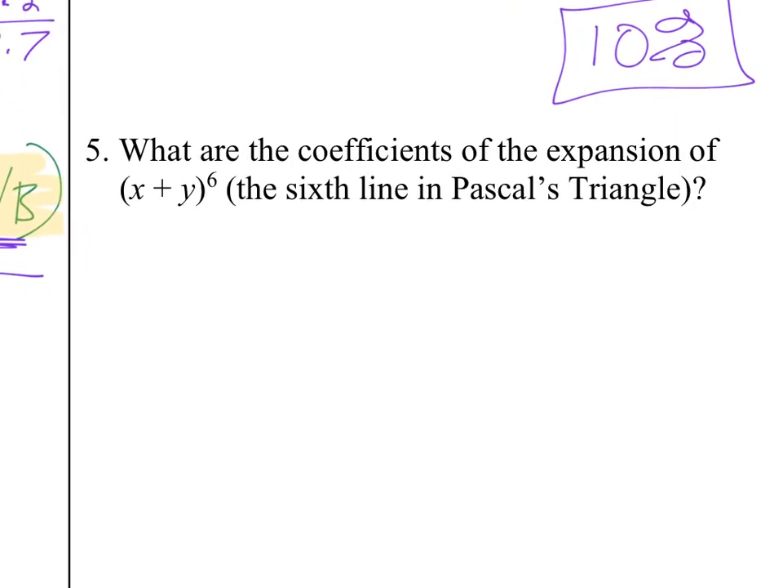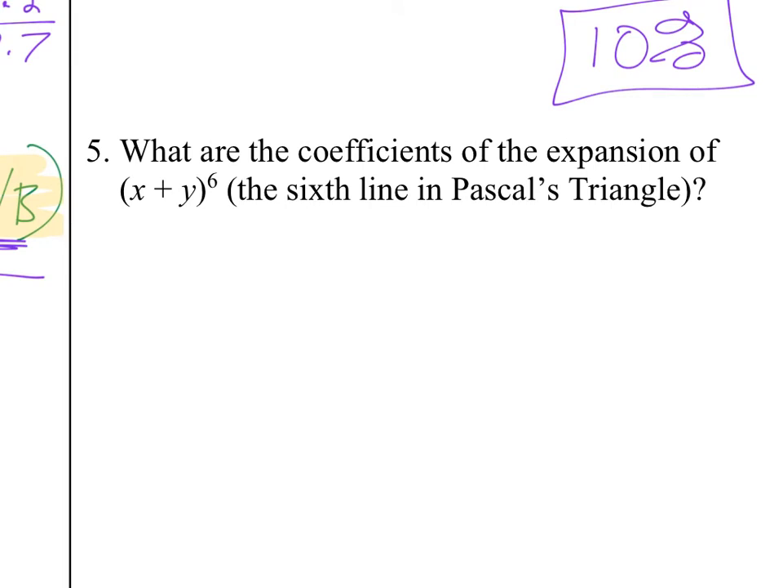So what are the coefficients of the expansion of x plus y to the 6th? Now, notice that they have no coefficients on x and y. So my coefficient is just going to be Pascal's number, right? So really they want to know the 6th line in Pascal's triangle. So we have 1, 1, 1, 1, 2, 1, 1, 3, 3, 1, 1, 4, 6, 4, 1, 1, 5,